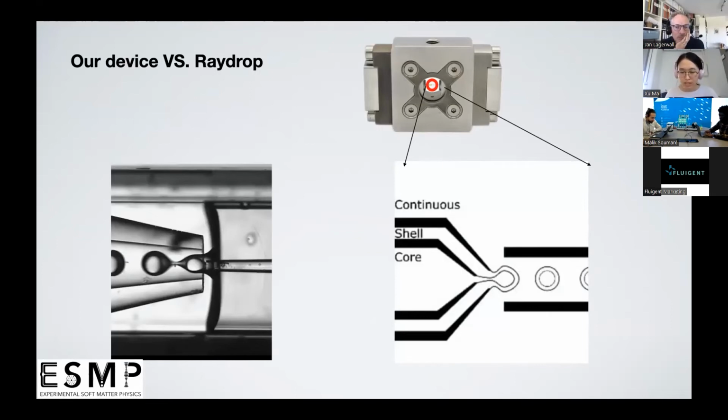We can see the shell phase in the Rejob device is confined by the two solid walls, while in our handmade device, the shell phase is only controlled by the